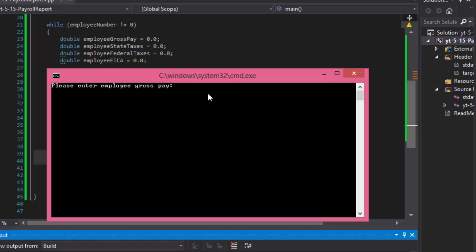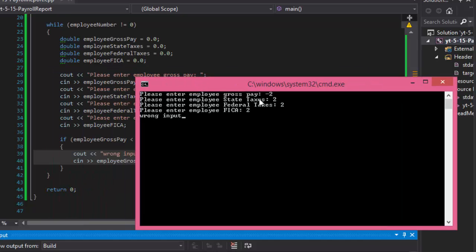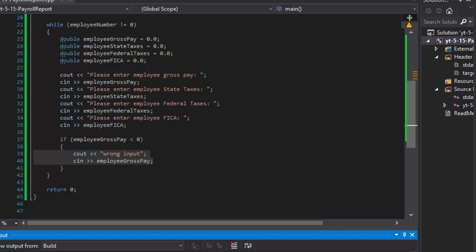So let's say I enter a negative number, so it asks for the rest, comes to the end, and it says, oh, wrong input because I entered a negative number here. So it asks for the new input. But if I enter the same thing or another negative number, it goes and it asks for the next employee. In other words, the second time I enter a wrong input, it accepts it, and that's why single if statements like this are not the best solution to